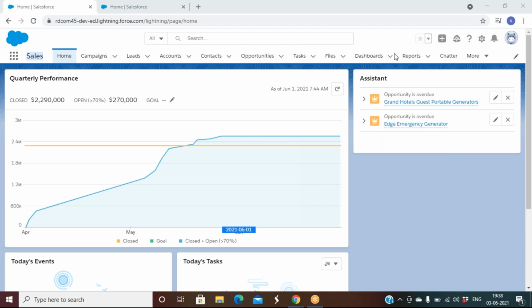From day one they are starting to use this software, not only Salesforce, any software.